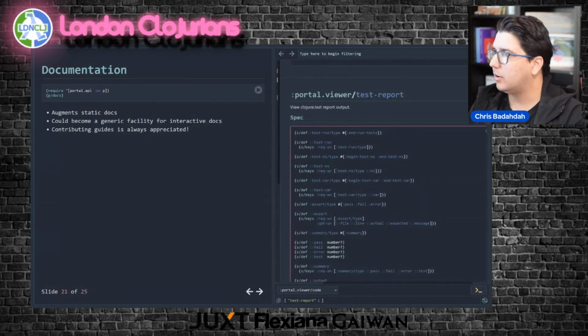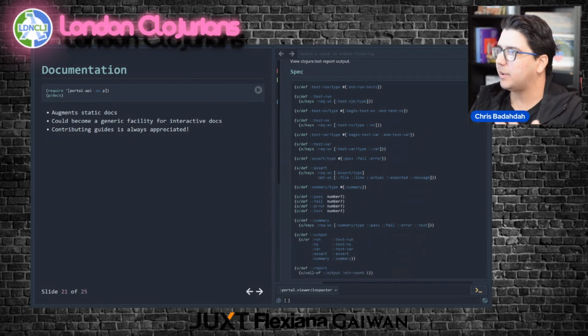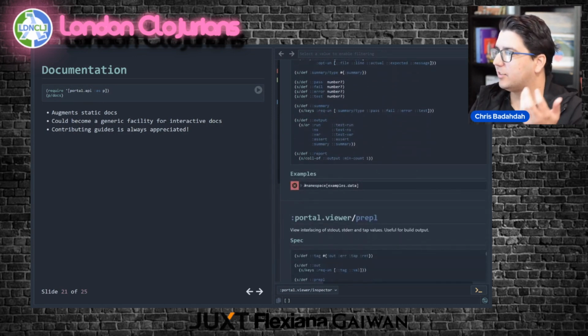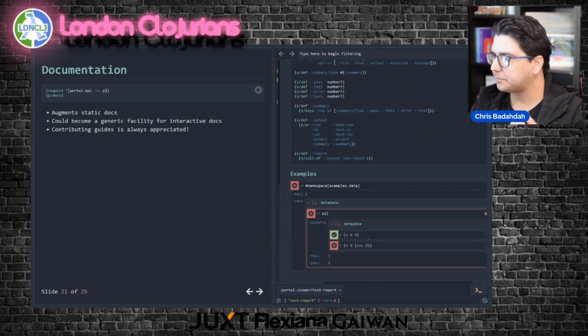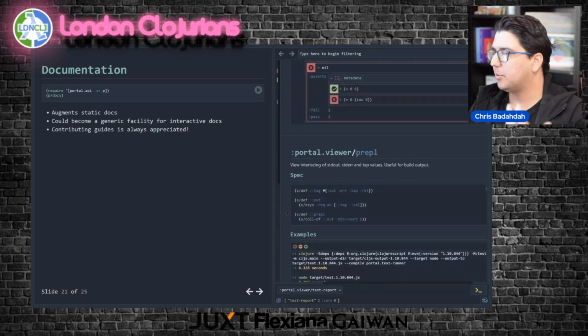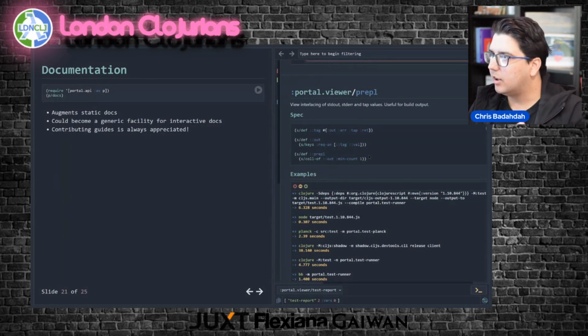Here's how it knows that the output that's being produced is test output. Here's this Clojure spec that says, hey, I expect this shape. And when I see it, I know it's test output and I can format it like this. The PREPL one, which is what I demoed previously, right? Let's see, it's a collection of maps. It has to have at least one, has a tag and a val, and the tags are out, error, tap, and return. So that's it.